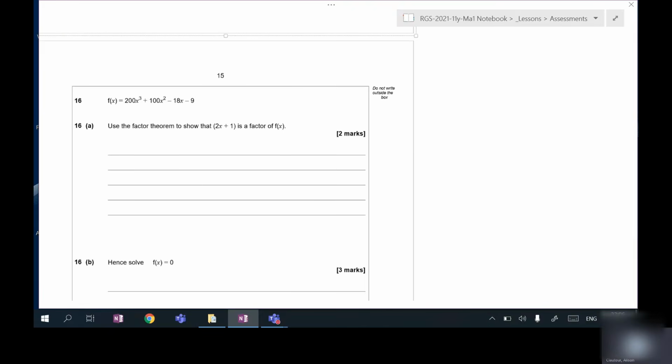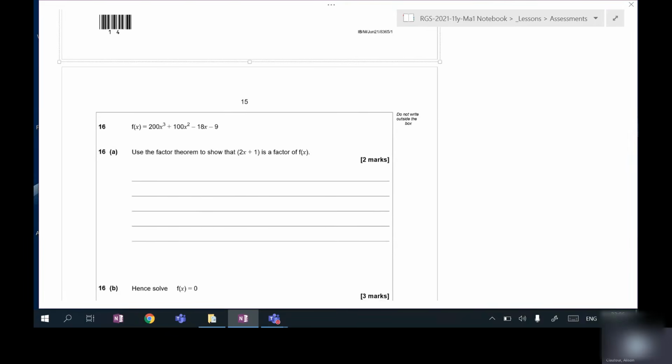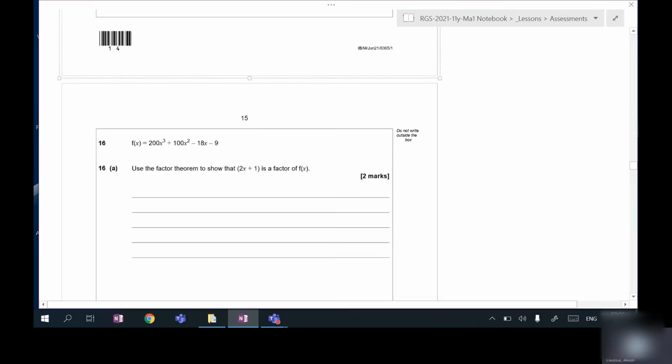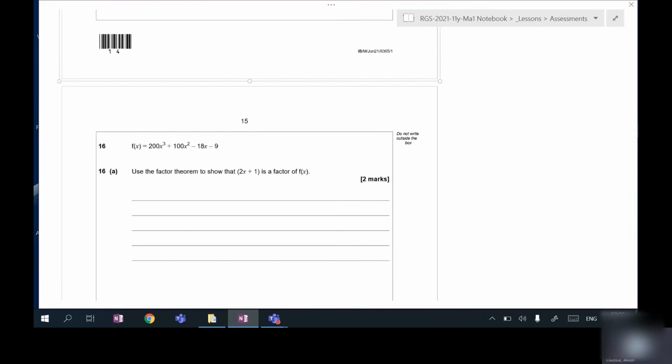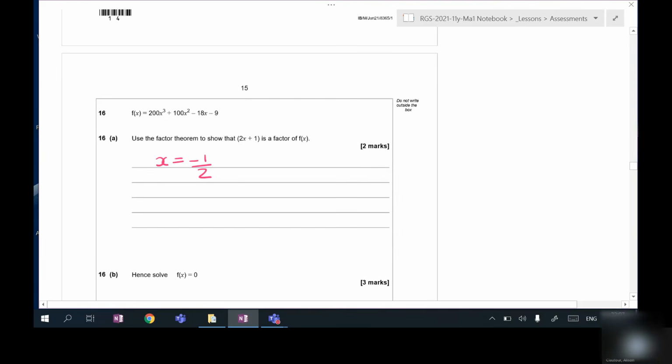Okay, let's have a look at number 16. So we're trying to show that 2x plus 1 is a factor of f of x. Okay, if that is true, and I subbed in x equals minus half, because x equals minus half must be one of the roots. So if I do f of minus a half, a very nice number, 200 times minus a half cubed, so just cube the top, cube the bottom,